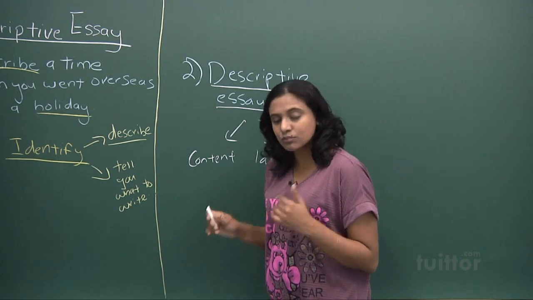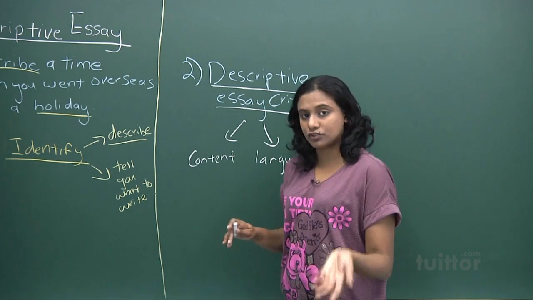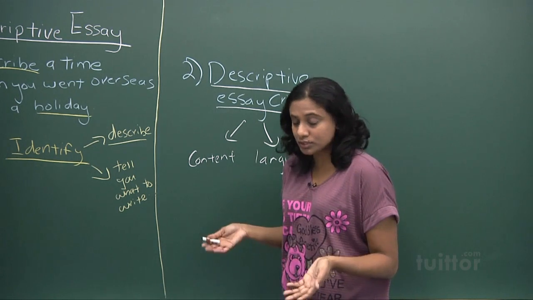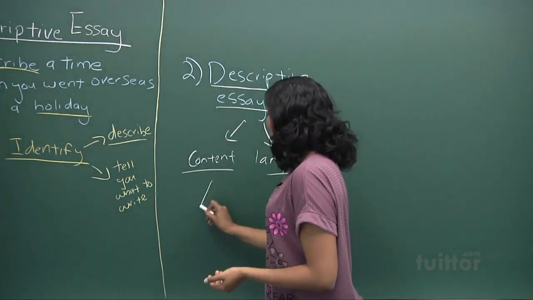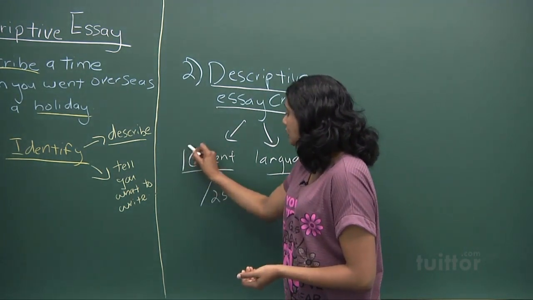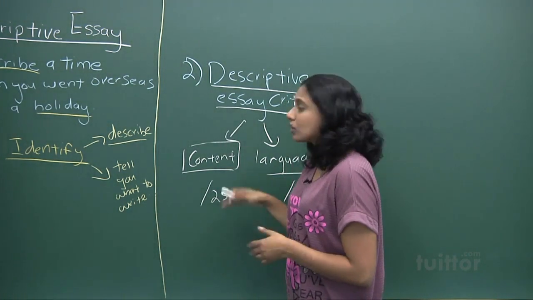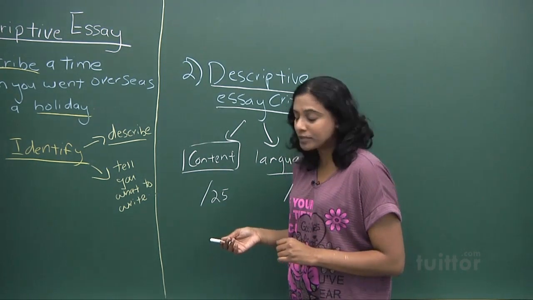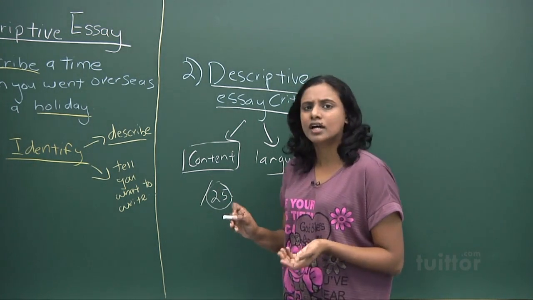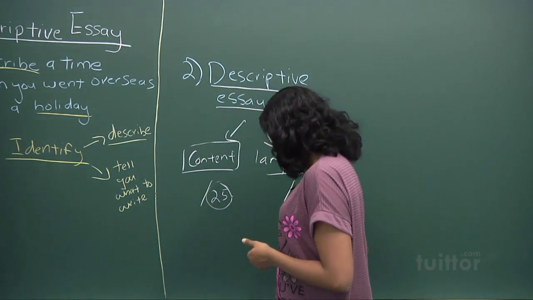But the difference is, in most creative essays, they will look a lot at the content, almost equal weightage for the content and language. No doubt the marks for the content and language in the descriptive essay are also the same. For example, it could be over 25 also. But for content in a descriptive essay, there's really not much you can do because you are not creating a story, they're only asking you to describe. So probably they will just look out for things like whether you have described the question well. Under content, some of the points you have to take note of is